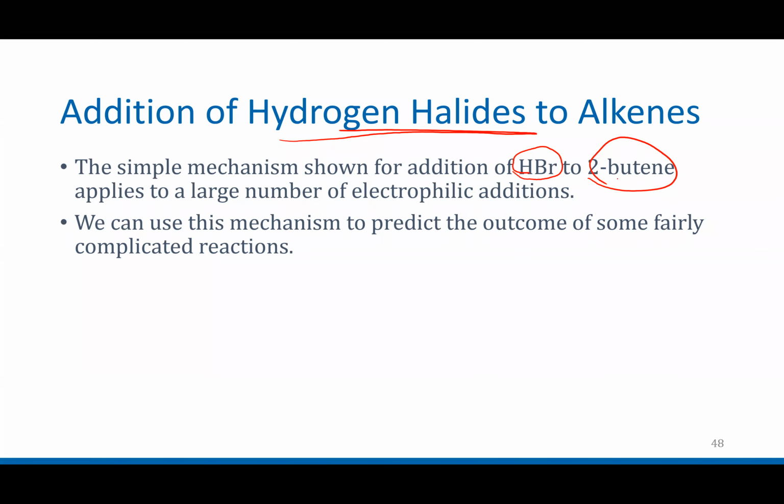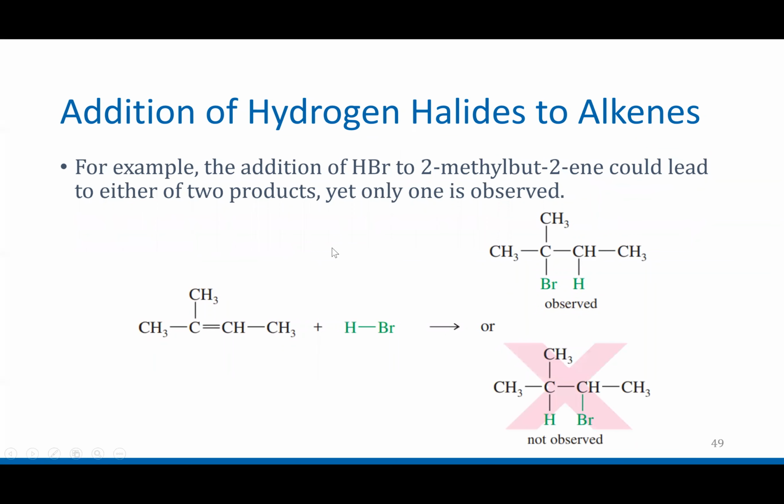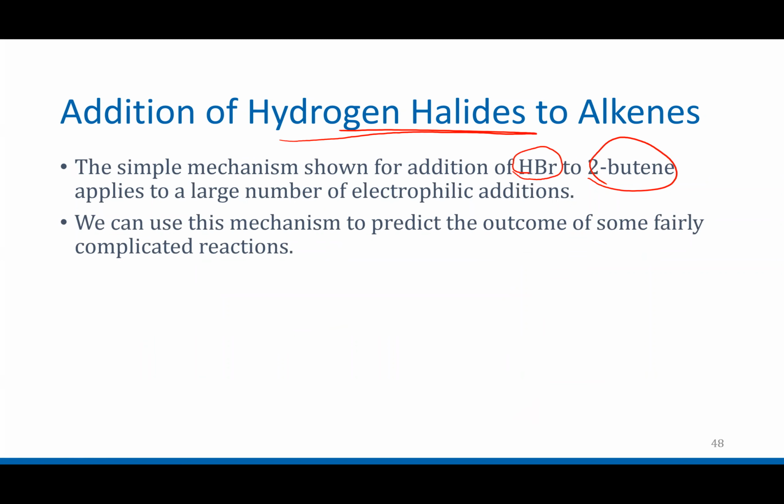The mechanism can be kind of complicated, but we can use it. The mechanism is kind of like how the chemical reaction happens. We can use this mechanism to predict the outcome of some very complicated reactions. So what I'm saying is the way that hydrogen bromide, or HBr, adds to 2-butene can help us figure out how other complicated reactions happen, because when we add HBr to 2-butene, we see something very interesting happen, which is